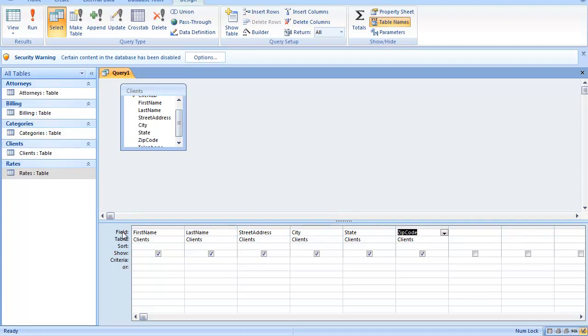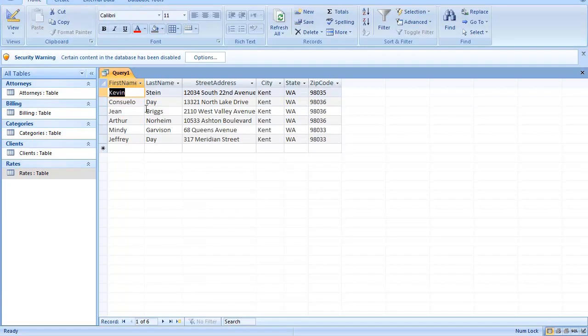So if you see down here on the left, it says criteria. So where criteria and city meet, I would type in the town Kent. After I type in Kent, press enter, and up top I run the query. What shows is from the table, I've now narrowed my table down to seeing just the people who live in